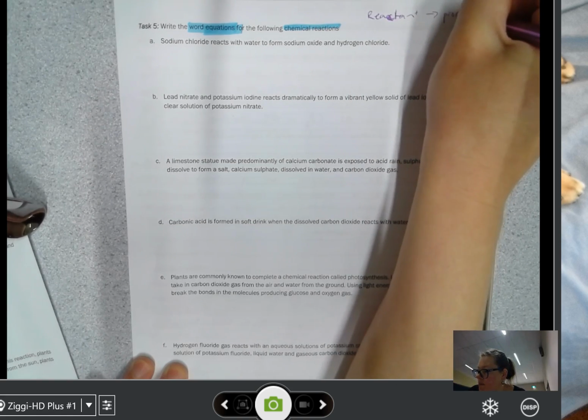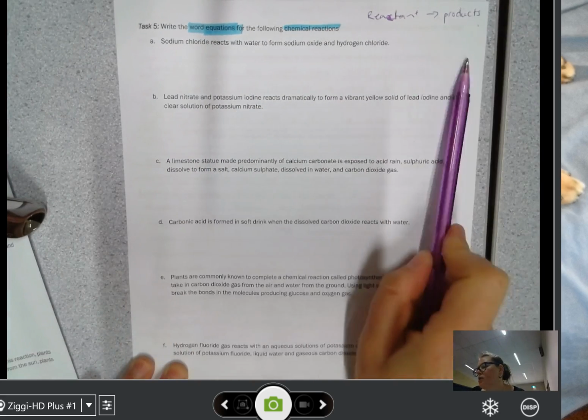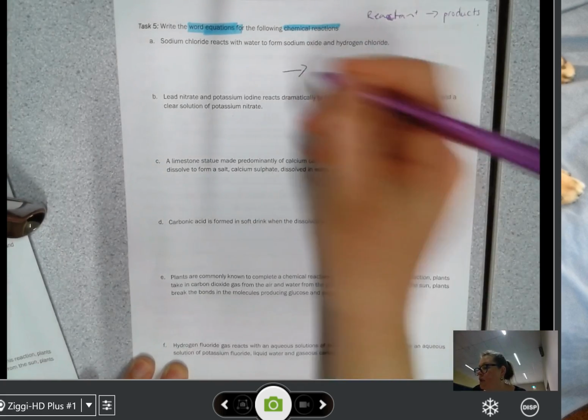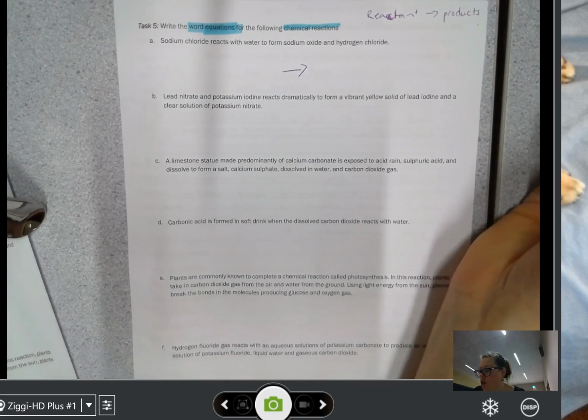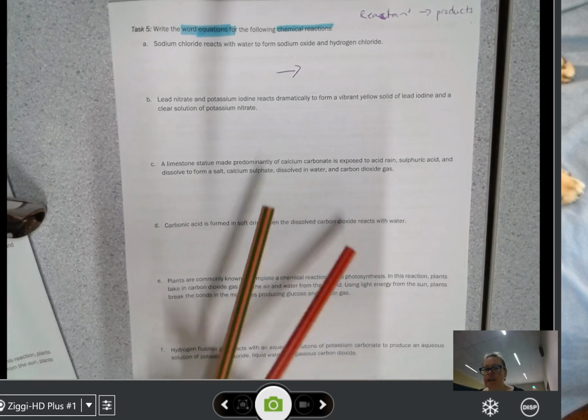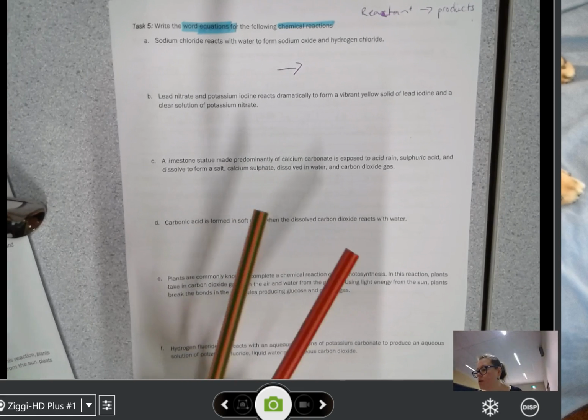Typically, we write reactants on the left, products on the right, and we have an arrow in between to indicate that a reaction is occurring. So what you want to have ready is 2 different coloured highlighters or pencils,